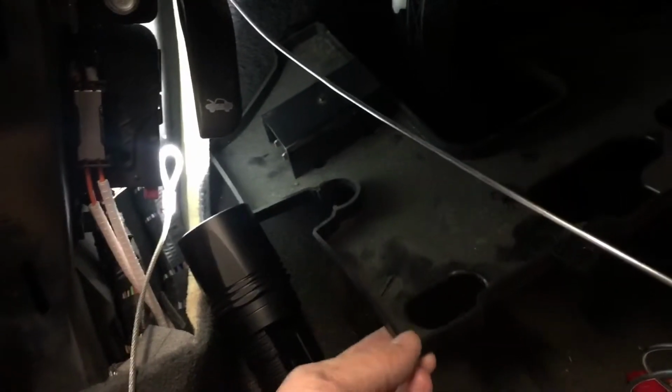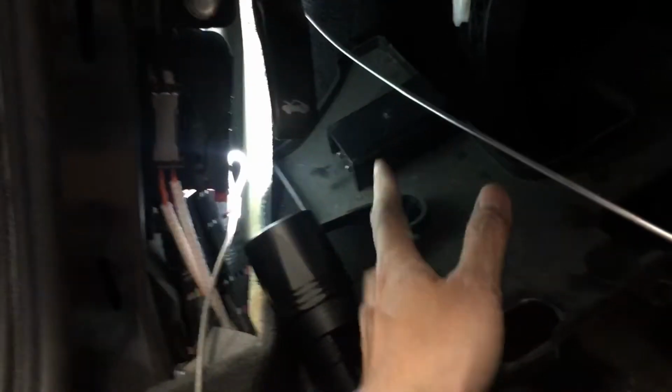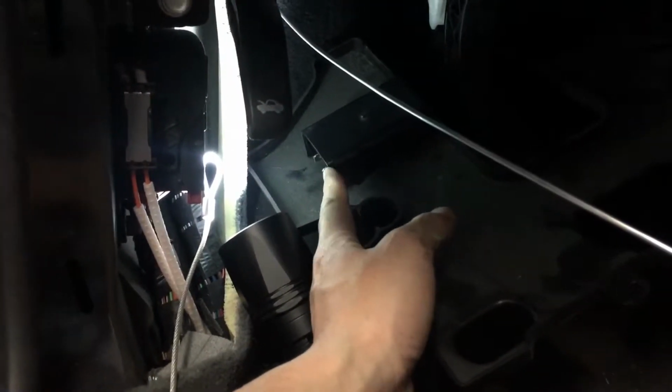Okay. Alright, so we wired something through the firewall here. How you get to it is you have to pop out this bottom piece of rubber, or piece of trim, and there's a light that's attached to it, so you need to unplug this so that you can slide down the piece of trim. So follow the gigantic bundle of wires that go there, and then it goes into